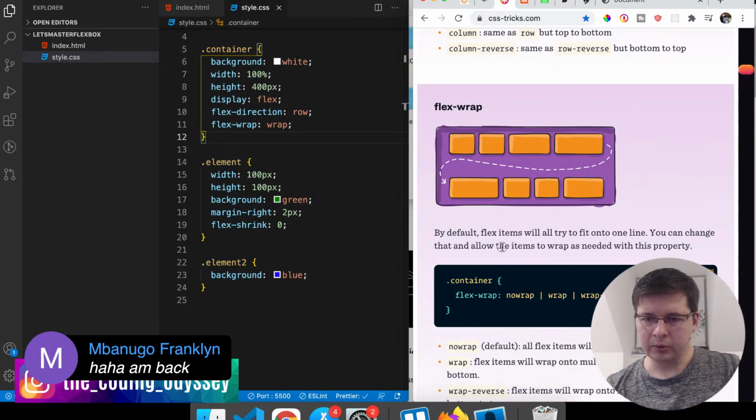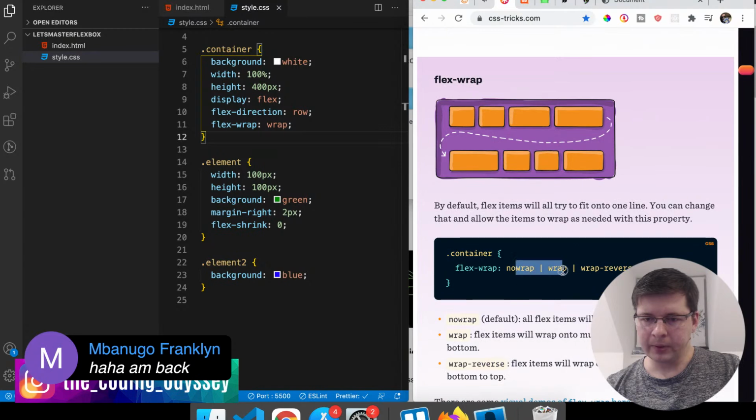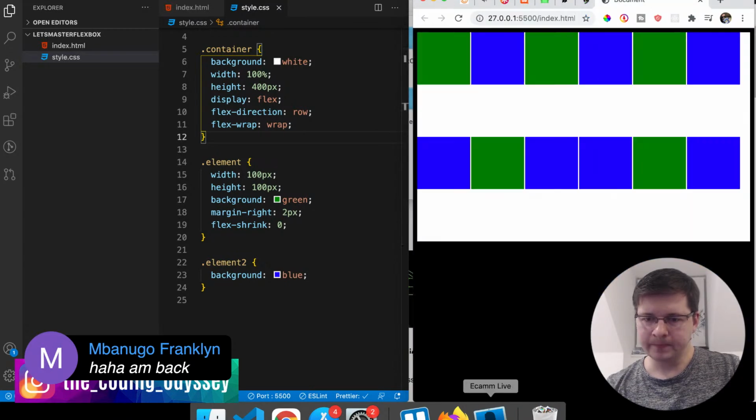You can change that and allow the items to wrap as needed with this property flex wrap: no wrap, wrap, wrap reverse. So we have wrap reverse as well. Flex direction row is